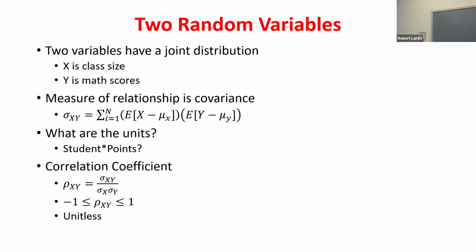Now, I mentioned the units make it hard to compare and contrast different types of relationships. For example, I know that the relationship between hours studied and test performance is probably stronger than, I don't know, the amount of income and, we'll say, smoking behaviors. Smoking happens across all income brackets, so it's not really that strong of a correlation, right? But there's a pretty strong positive correlation between hours you study and your test performance. So we scale this covariance to get a correlation coefficient so we can compare these different types of relationships, right?